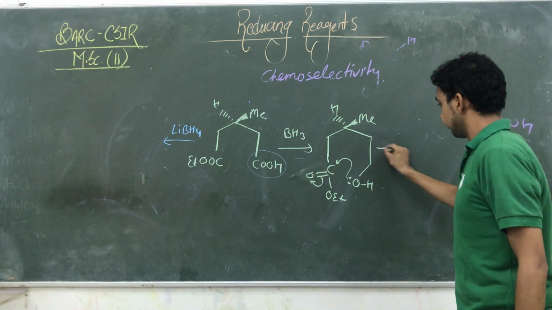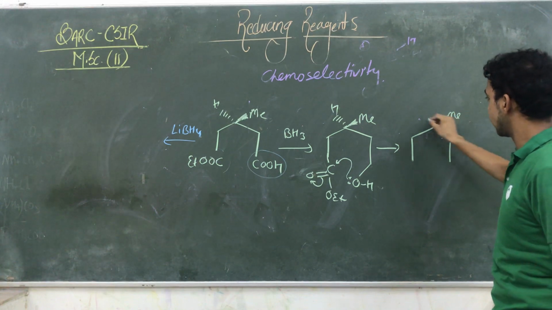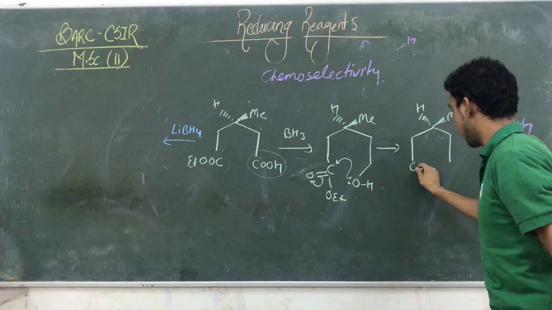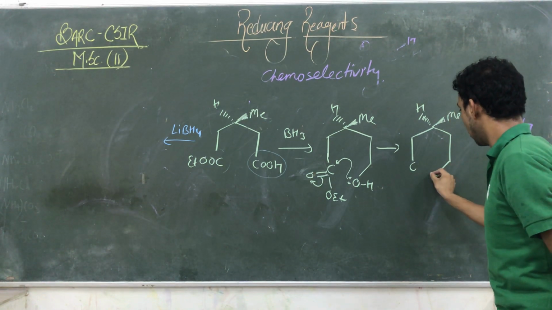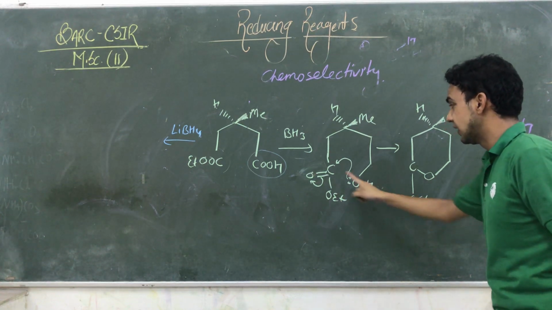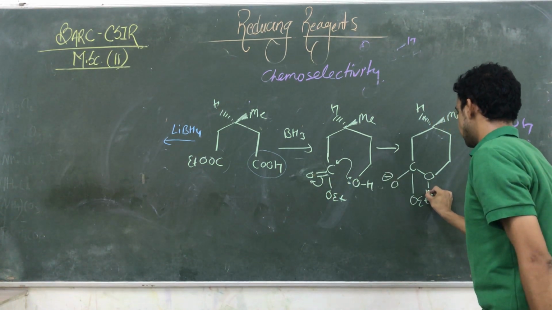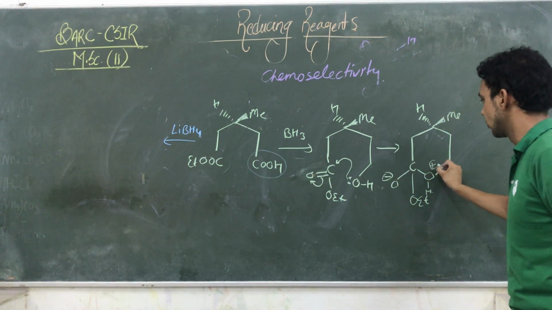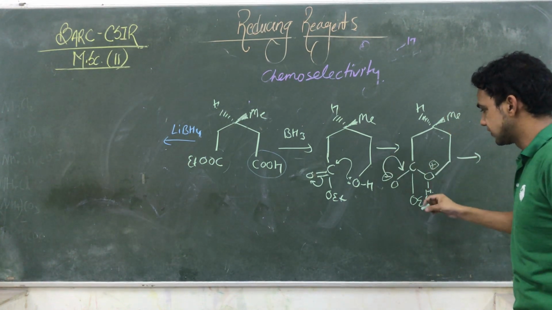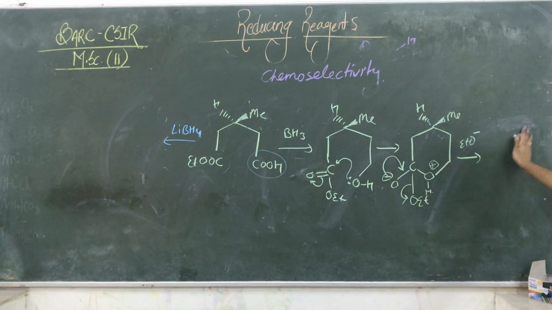Okay, so in the next structure, this one is Me and that one is H. Okay, this one is carbon. This O forms a bond with this carbon. Here OEt remains the same. This double bond is converting into a single bond. One H is here. O is carrying a positive charge. Again, this O's electrons are moving inside and OEt is moving outside. OEt is behaving like a good leaving group.